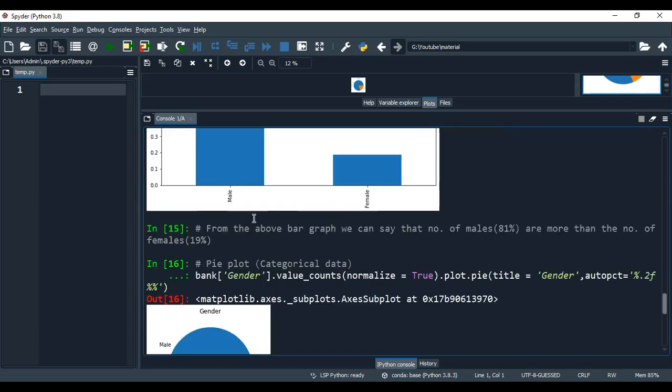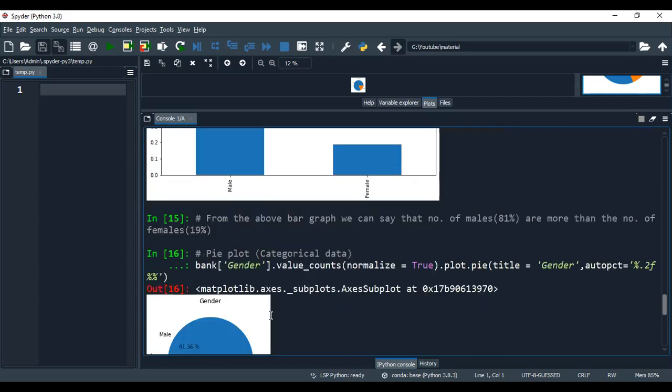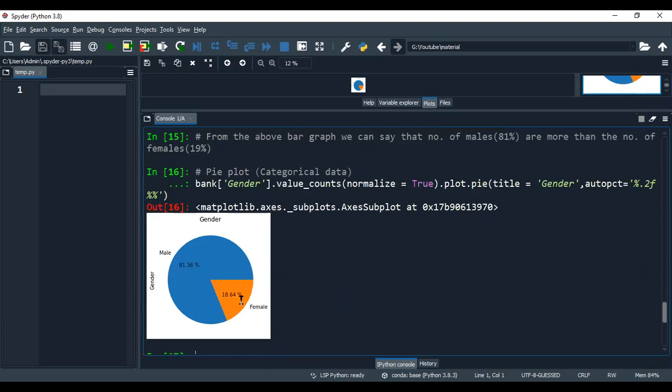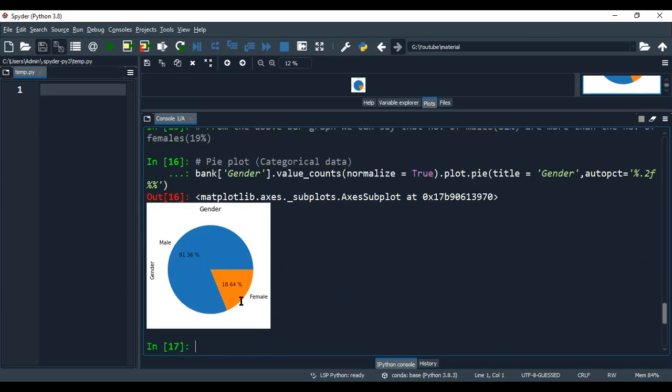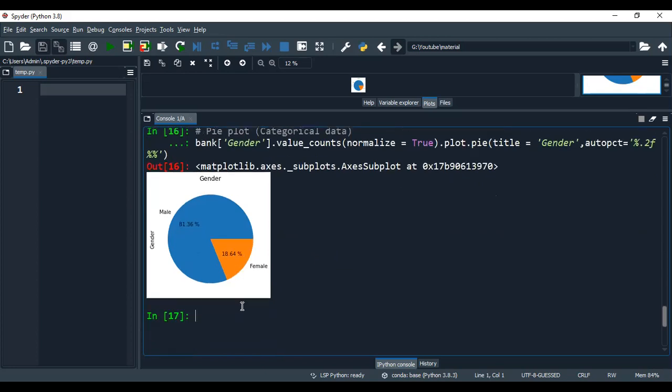So with the bar plot you can have it, and in the same way you can also use a pie plot. Bar plot and pie plot are meant for categorical type of columns, so likewise we will proceed with the remaining categorical columns. Before that, we can also give an inference for this pie plot: we observe that males are 4 times more than the females.